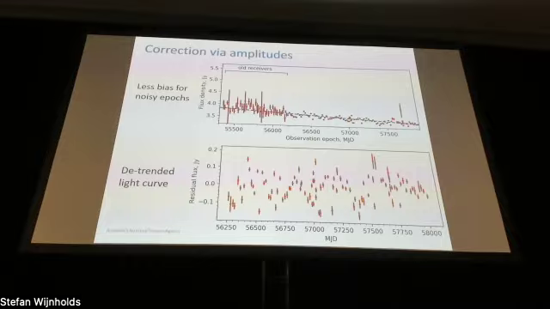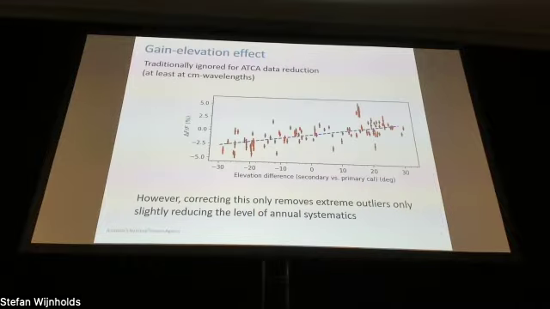It took me a while to dig into this, and eventually I found an interesting dependence when I plot that residual flux, relative or absolute, with respect to the difference between elevations of my secondary and primary calibrator. I get this kind of dependence. So not great. Basically we have some gain elevation effect which is not corrected.